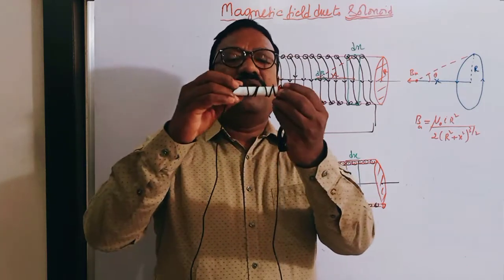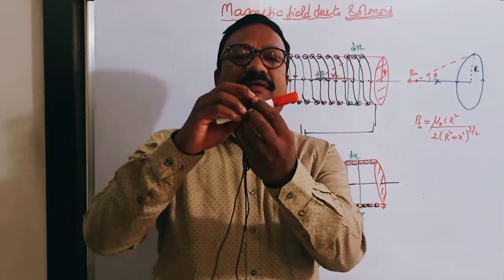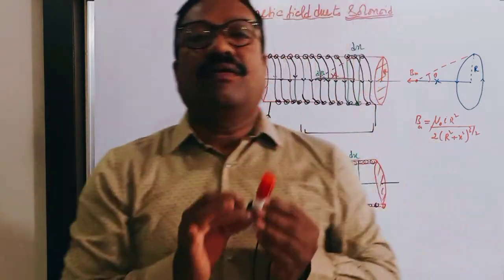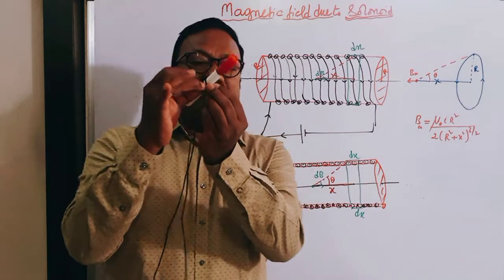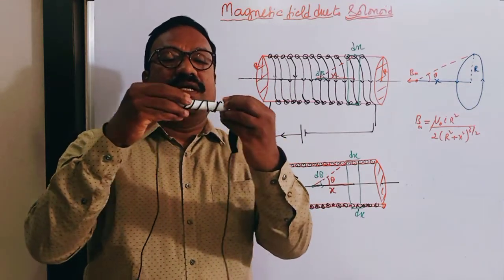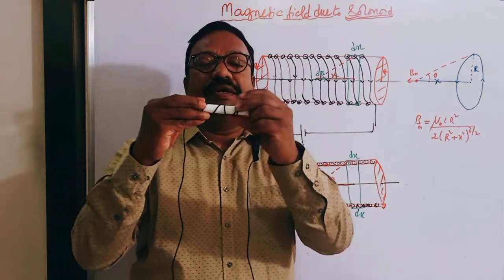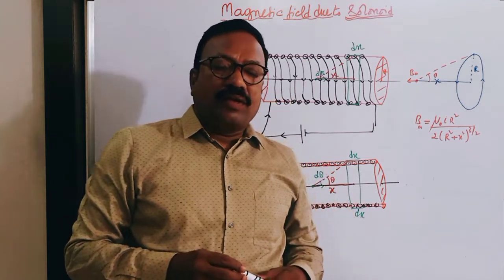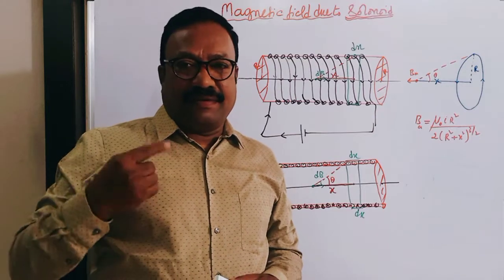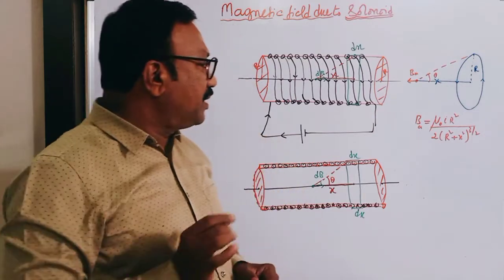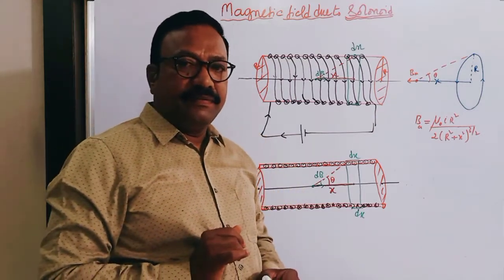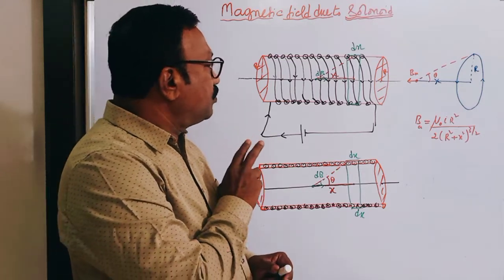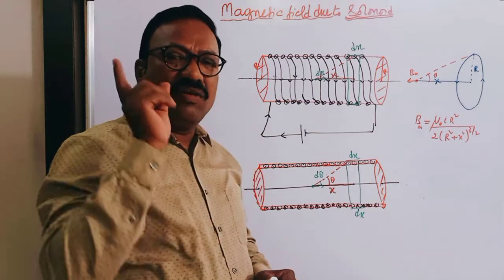See, if you put them all together like this as a bunch, this is called a circular coil. So this is a circular coil and this is a solenoid. A circular coil can have any radius, but generally in solenoids we will be taking a smaller radius. So in solenoids again you have two categories. One is called an ideal solenoid.